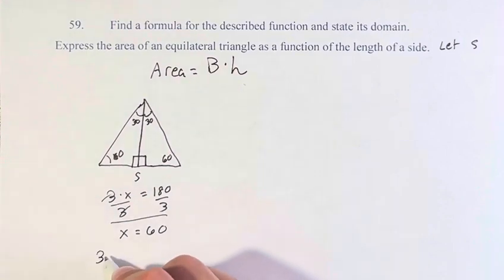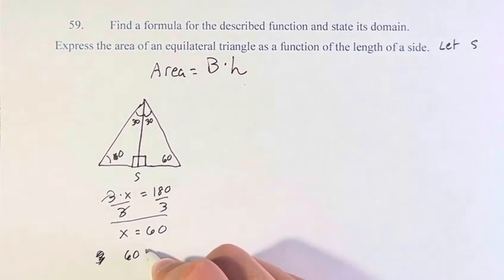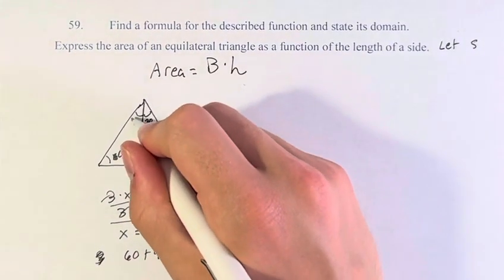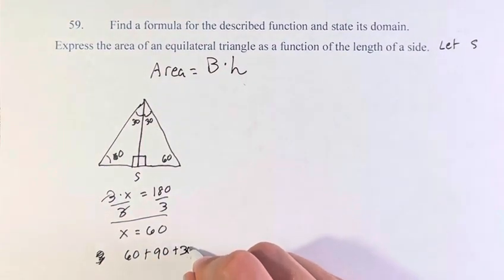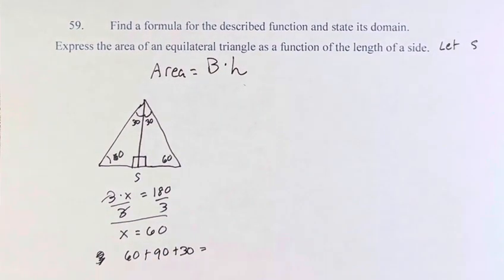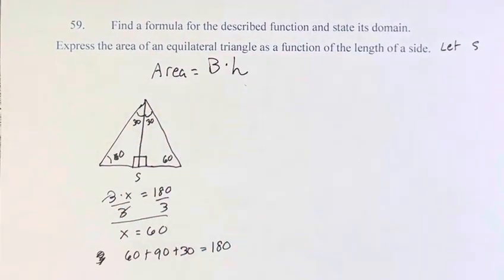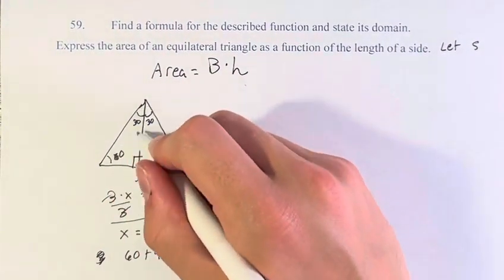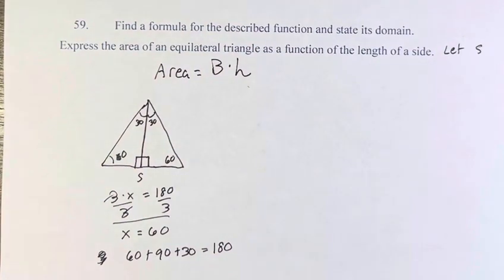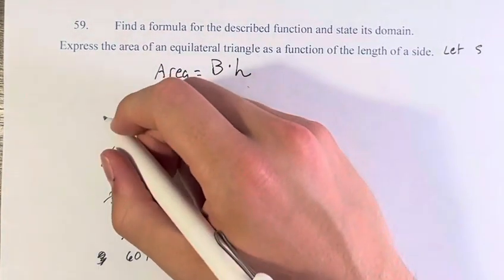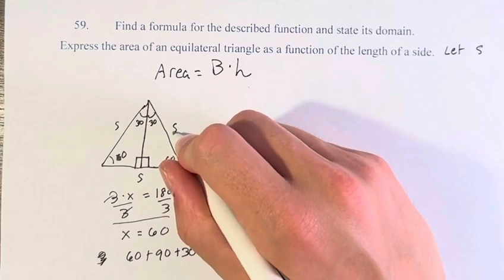So therefore, 60 plus 90 plus this top angle, which I'm saying is 30, has to be equal to 180 degrees, and it is. If this was anything else but 30, it would not be equal to 180 degrees, and we would not have valid angles of the triangle. Therefore, we know, and I'll just write that all of the side lengths are S,